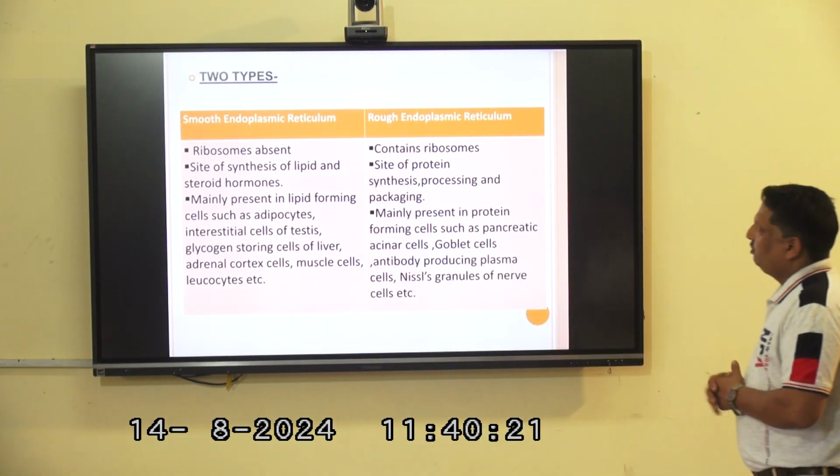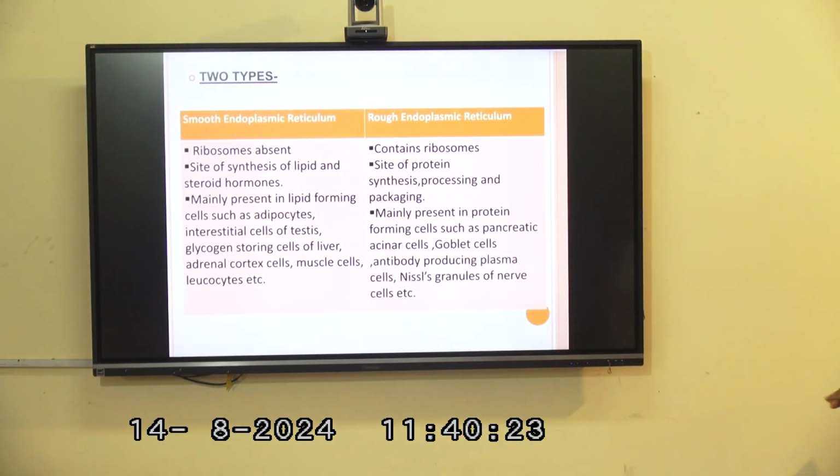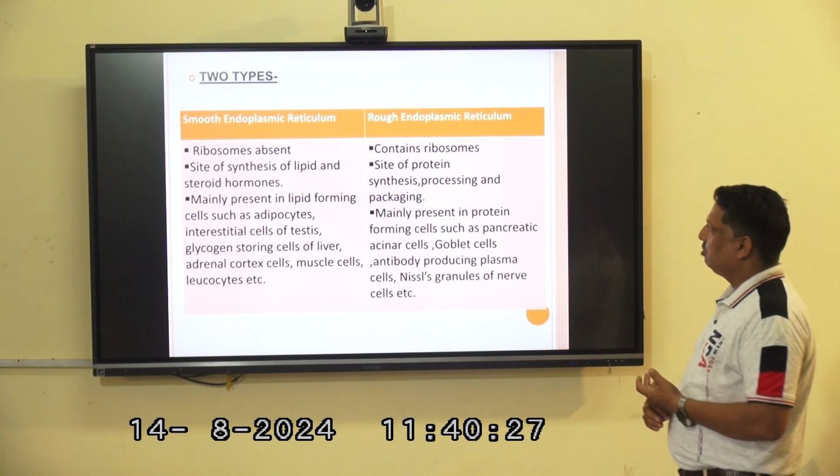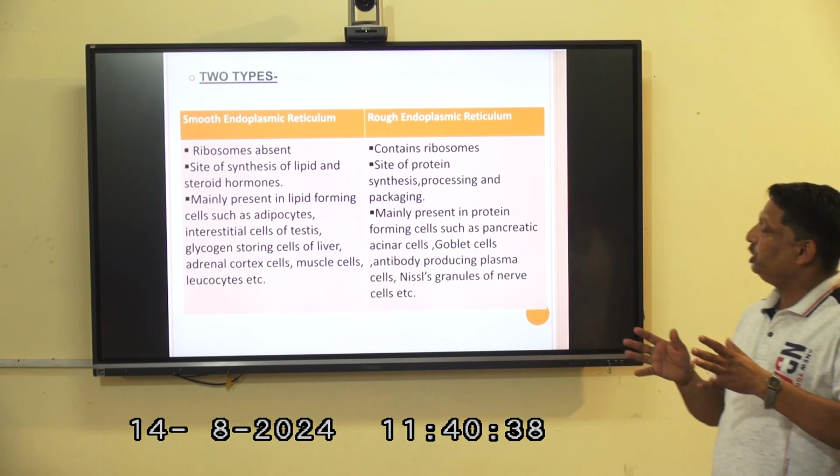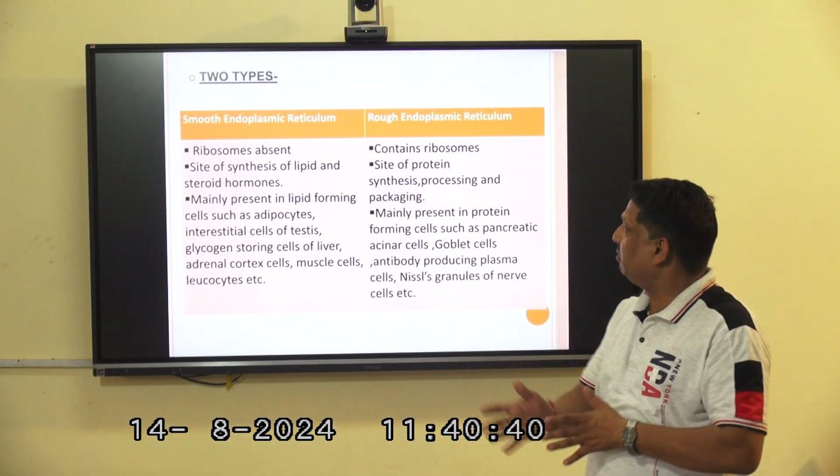And this is the difference between the smooth endoplasmic reticulum and the rough endoplasmic reticulum. In the smooth endoplasmic reticulum, ribosomes are absent. Meanwhile, in the rough endoplasmic reticulum, they have the ribosomes. And particularly the main difference that is distinguished between the smooth endoplasmic reticulum and the rough endoplasmic reticulum